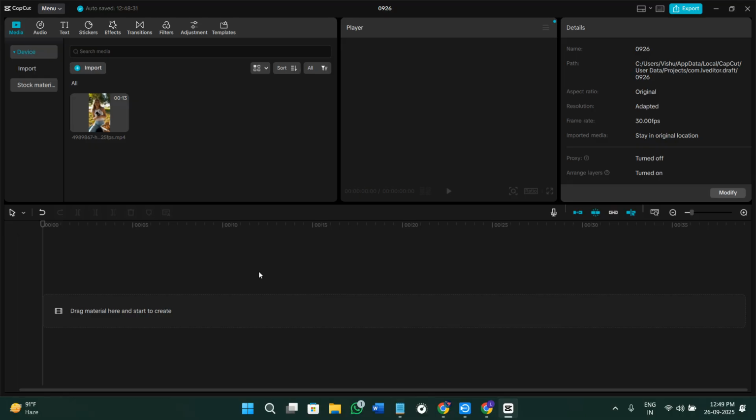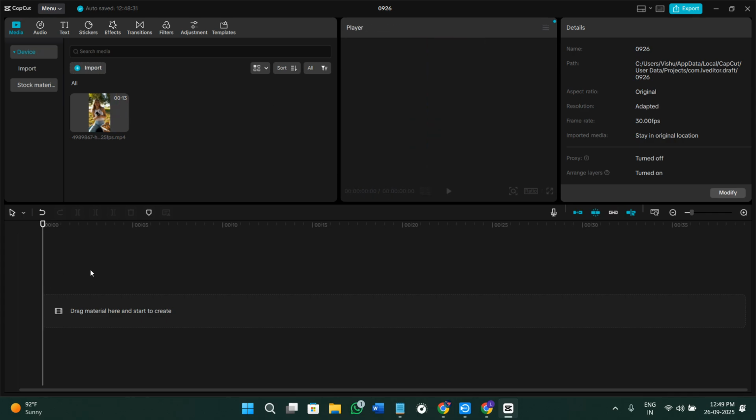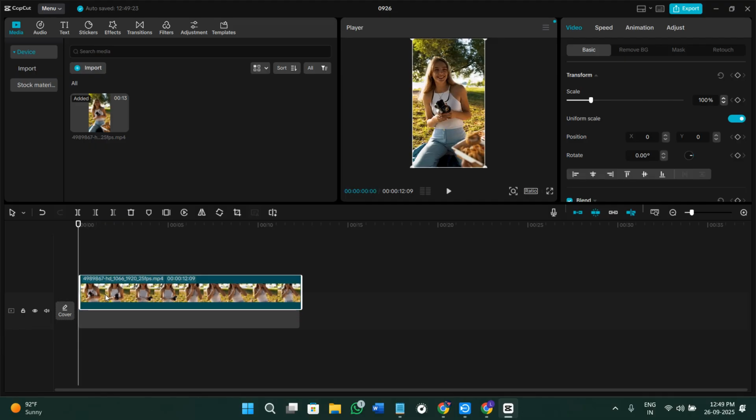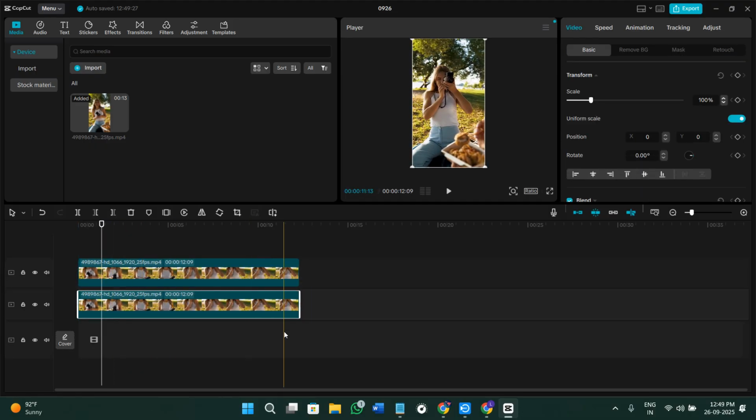First of all, you need to open CapCut on your PC. Then you need to simply click on the option of new project in order to come here inside your CapCut account. Over here, you need to upload the clip where you want the effect. So let's say this is the video on which I want the effect. Now, once you are here, you just have to copy this particular video and you need to add it something